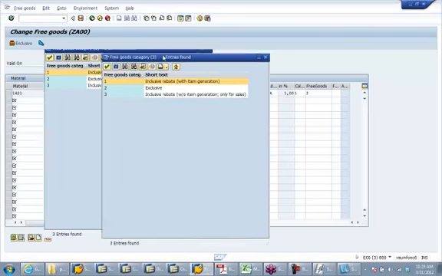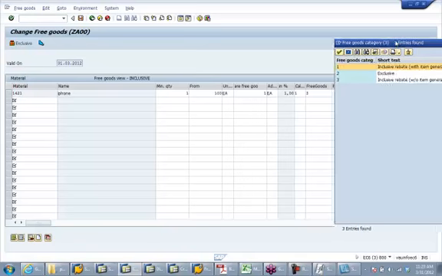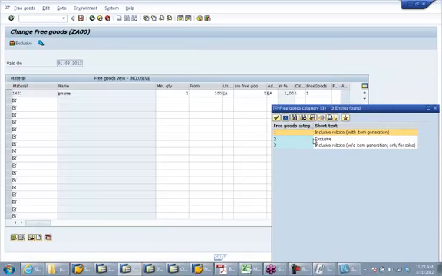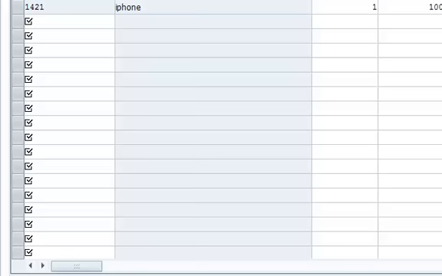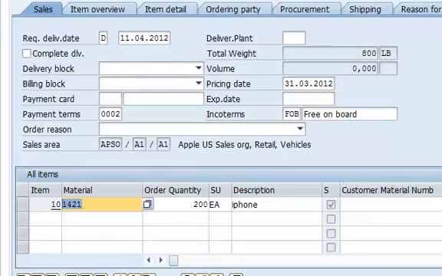See here, the free goods category, there are 3 types. Exclusive: 150 plus 2 is exclusive. Inclusive is 148 plus 2, which will show in a different line item. Inclusive rebate without item generation will show in the same line item, but it will bill for